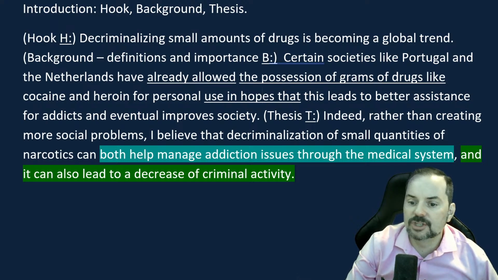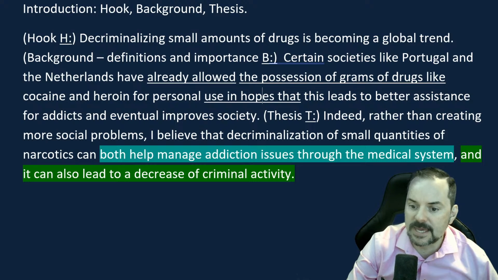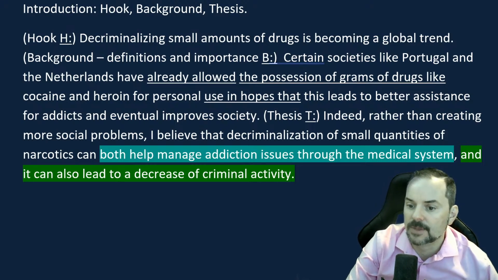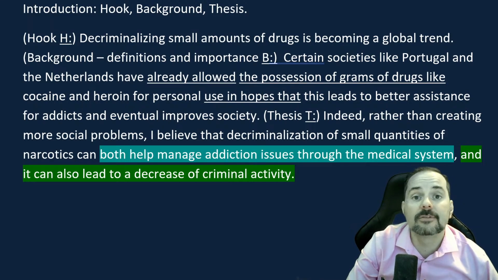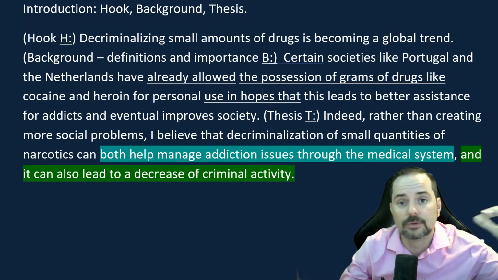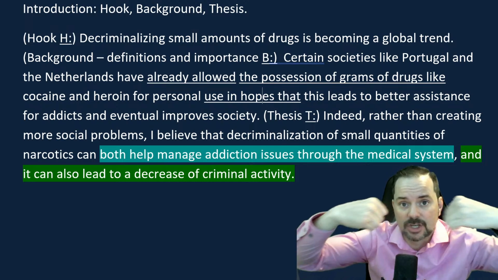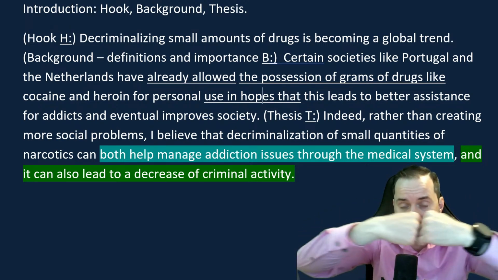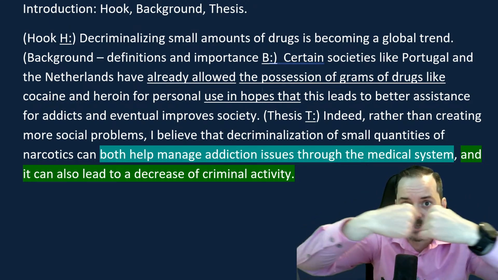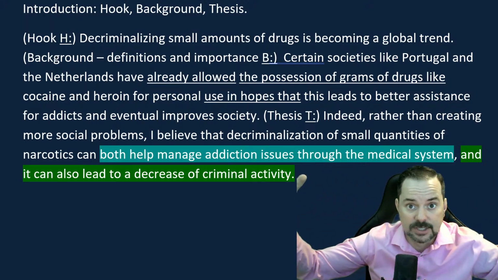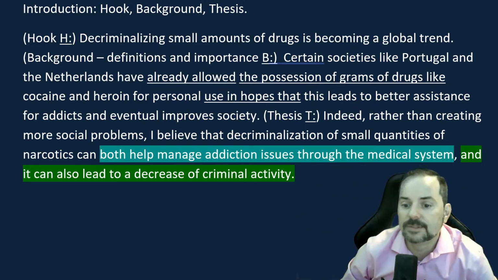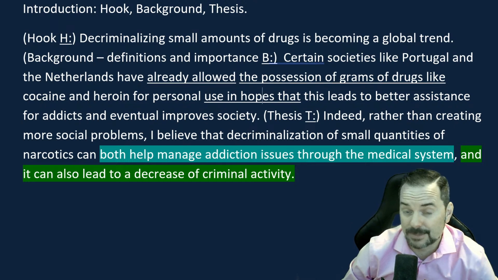Fuang, although prohibited drugs are banned in some nations, I strongly support that decriminalization should be legal. Okay, too many words. First of all, Fuang, never have those double negatives. Although together with however cancel each other. It's two negatives, right? Negative one times negative one, poof, positive one, right? So take that out, Fuang. Be careful. That's a big mistake.